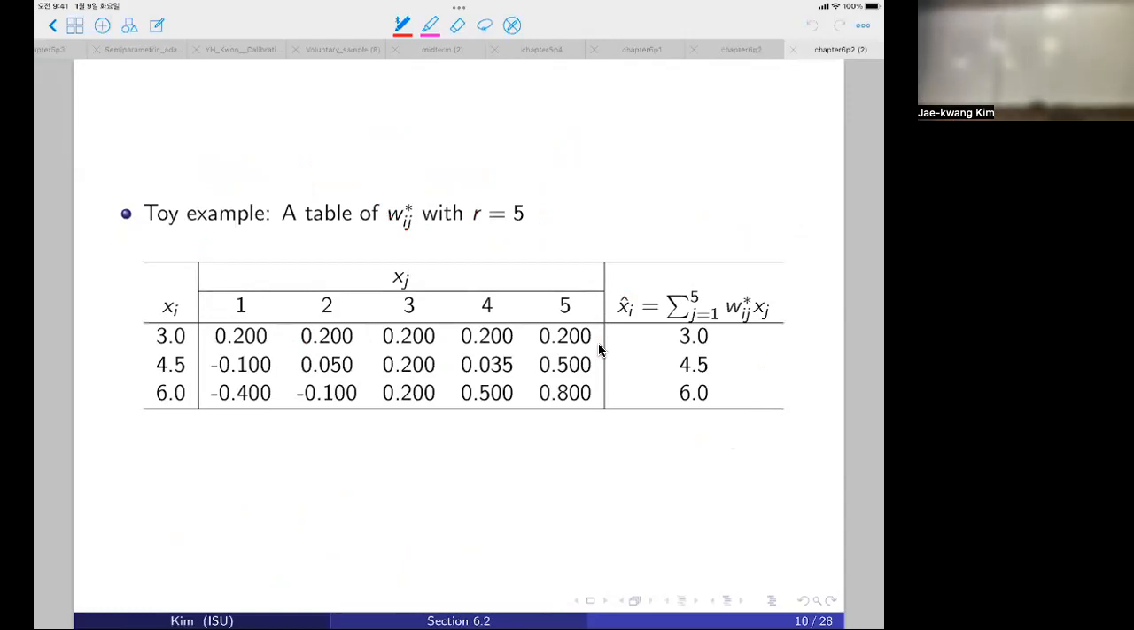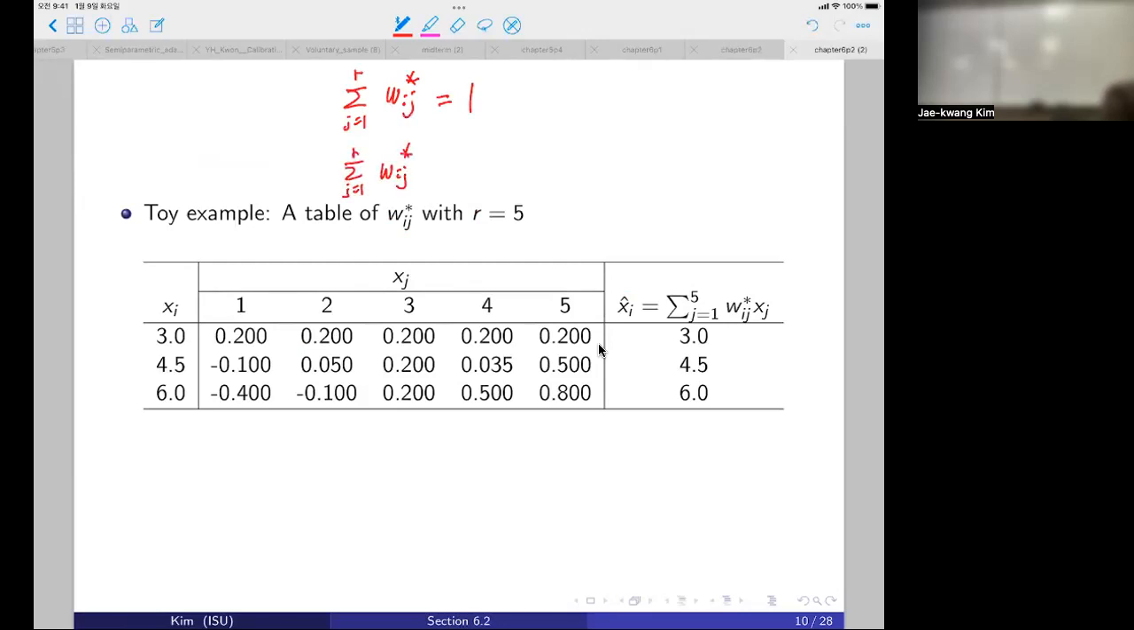So I have R equal to 5. X1 through Xj equal to 1, 2, 3, 4, 5, the actual values. And my constraint, so what is the constraint I have? The summation over j equal to 1 to R of Wij star equal to 1. That's one constraint. Another constraint is